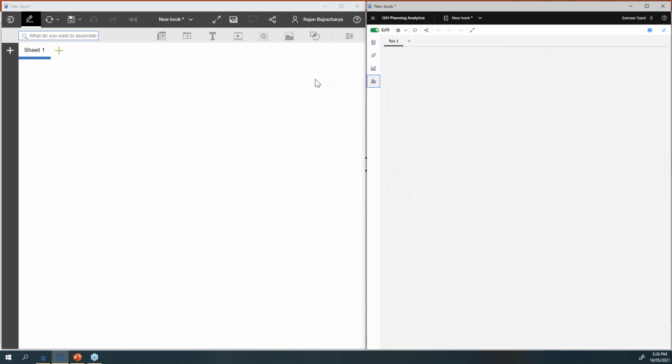Okay, one thing you will notice here is there are 2 things which are missing from the old version. One is adding this view. This anyway is available for us to drag and drop from here itself. So I think for that reason, maybe IBM has removed that option. And also I think this option, which we had in our older version of TM1, is to search for views and subsets and reports. I think that option is also not available in the new version of PAW. So that's something to keep in mind, these 2 features.